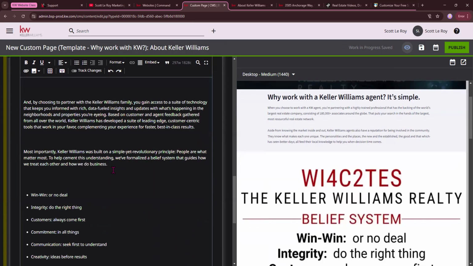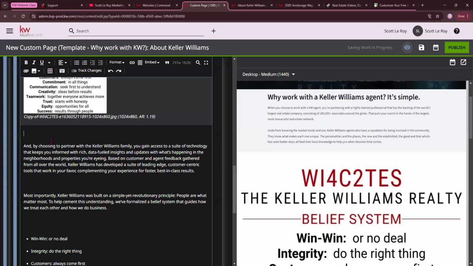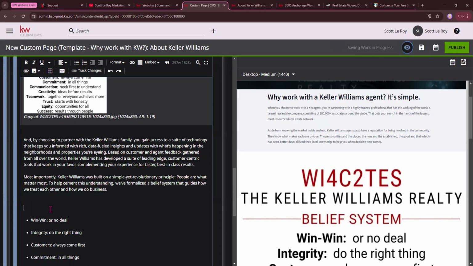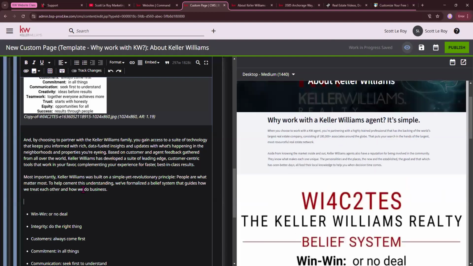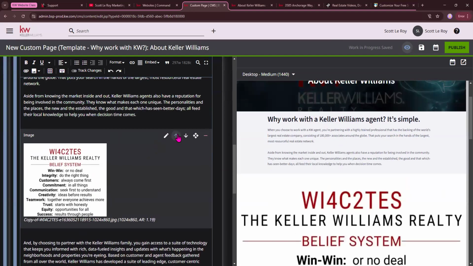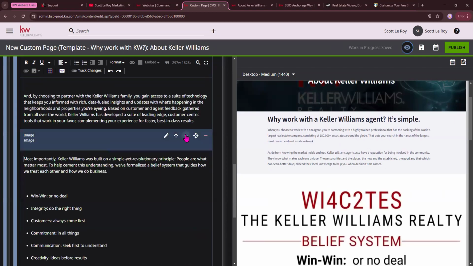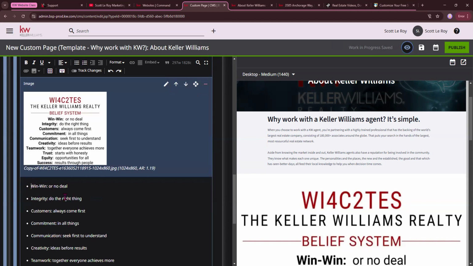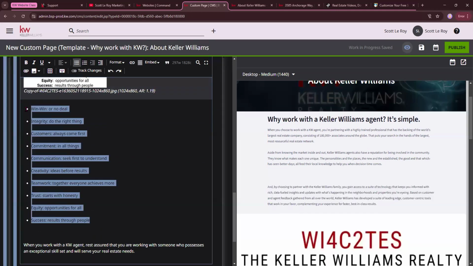But again, you can keep editing this text to your preferred. I could have added it down here instead, but that's okay. Move it down. There we go. And then you could just delete these if you wanted to. So if you wanted to remove these,